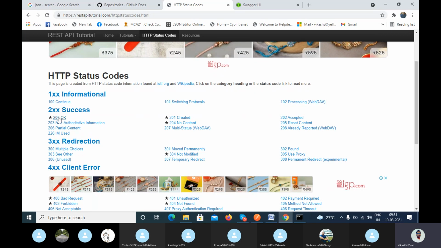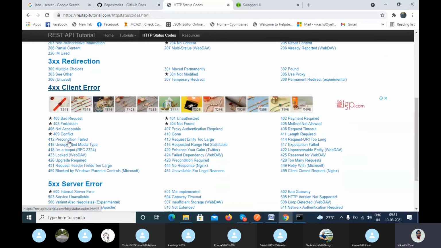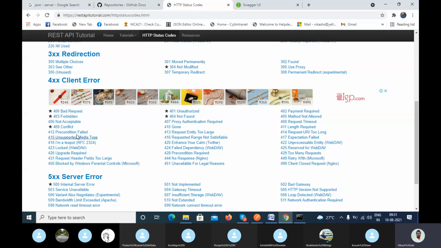If it is successful, then it is 200. If it is a client error, here you can see there are multiple client errors. So they have categorized these things, and when developers write the code, they follow the same protocol.